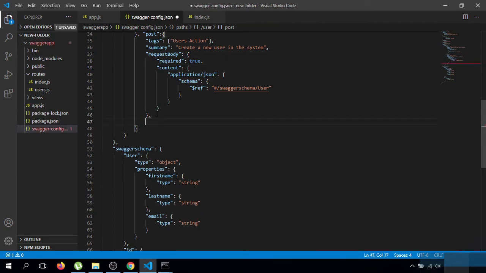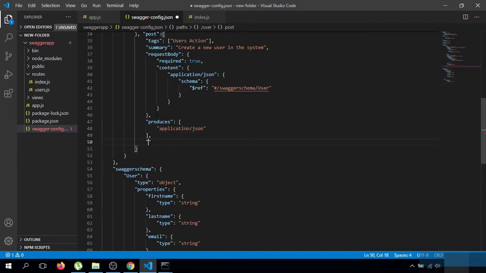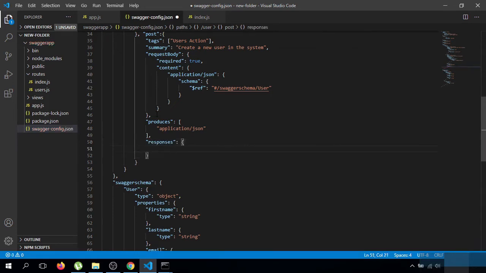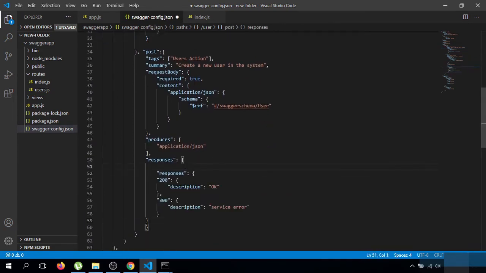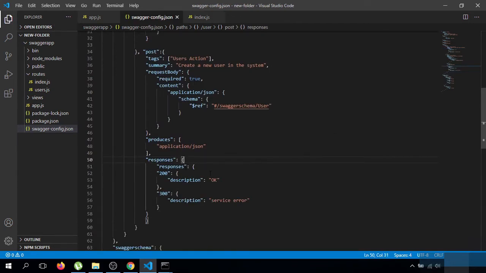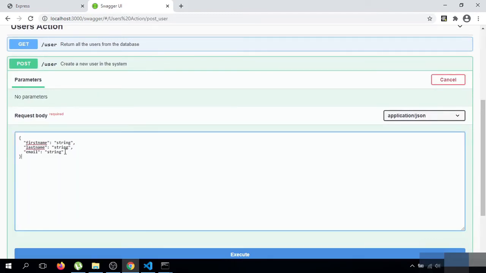Now you can see this is our model I have passed.